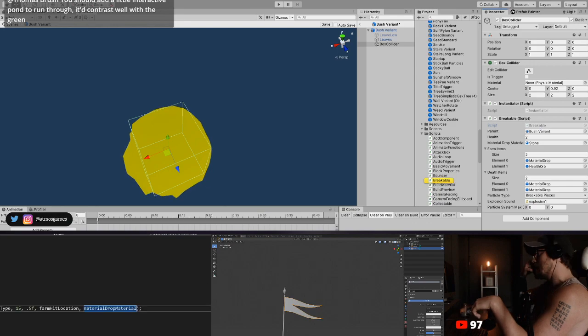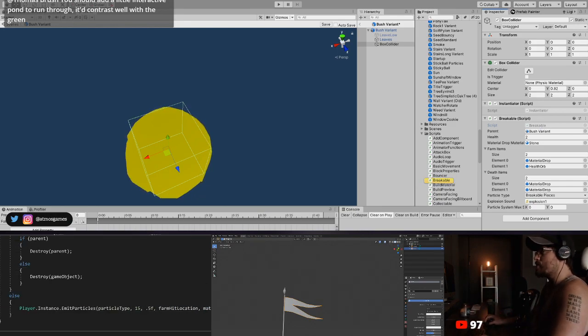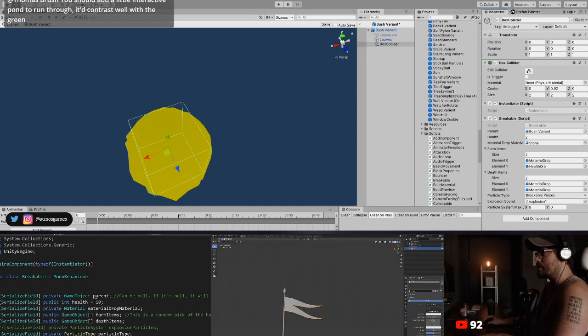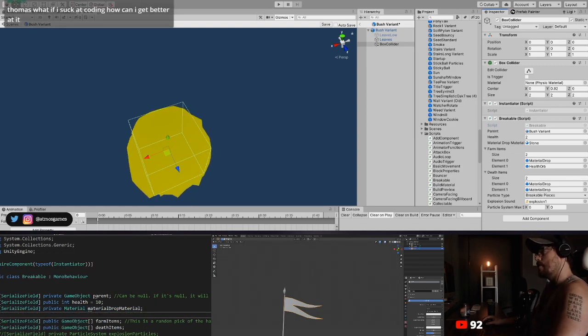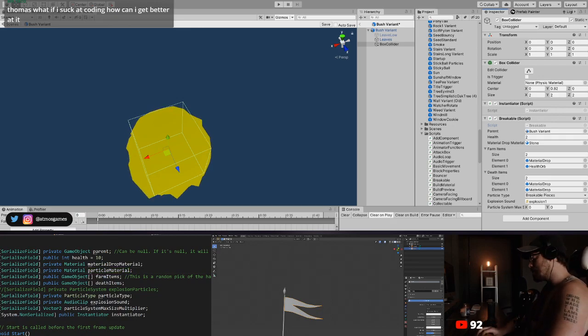Okay. So I officially want to go into my breakable script here and have a separate field, and I want it to be called particle material. Now, I don't want to always have to set this, okay? So I'm going to do this. I'm going to say if particle material exists, then I'm actually going to set the